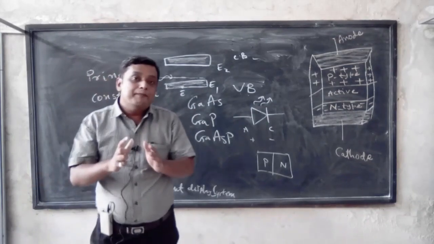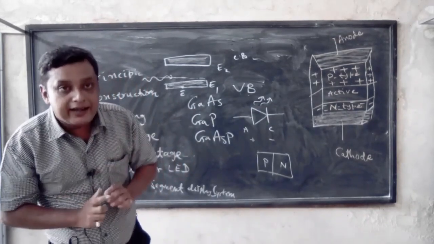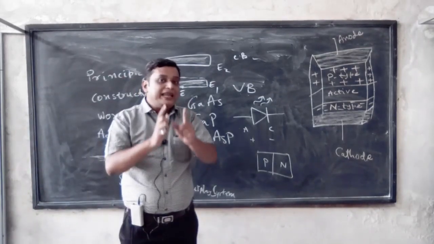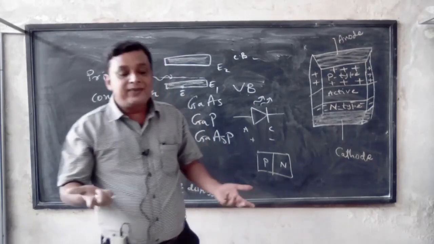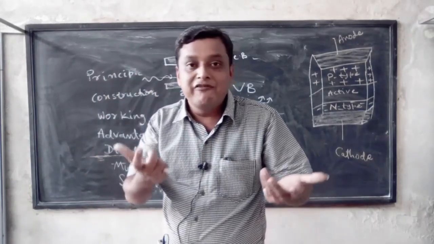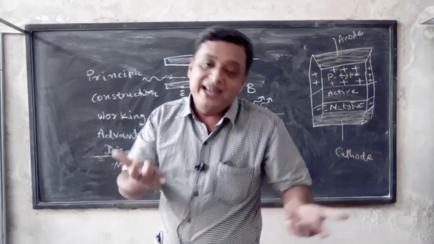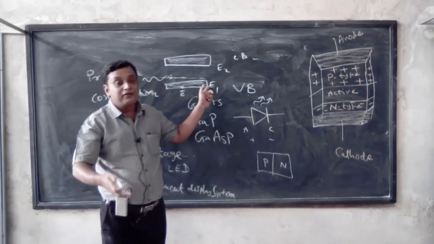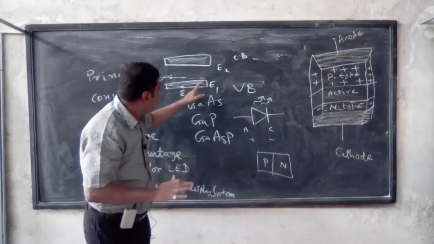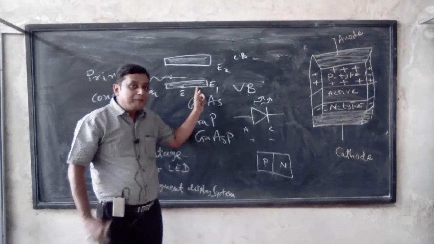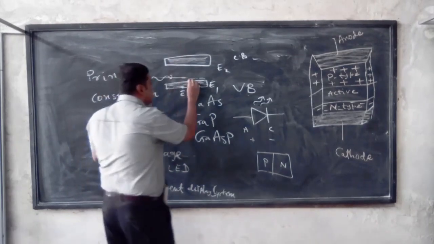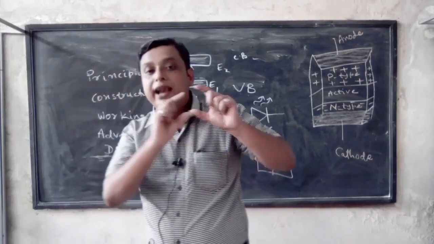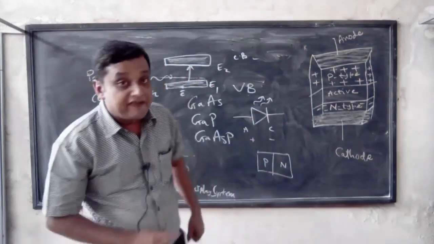So after absorption of this light by this electron, the energy of the electron is increased. If the energy of the electron is increased, then the electron will not remain available in the valence band. Energy is increased, so the electron will not be available in the valence band, but the electron will make a transition, or move from the valence band to the conduction band.